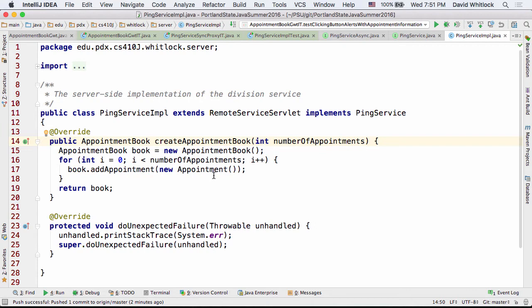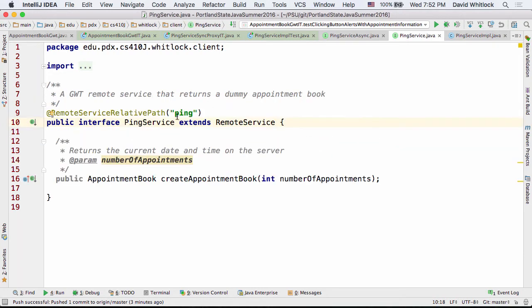Yes. So you just refactored the ping method to be add appointments. Yep. If you had wanted to create a new method instead, is that just as simple as putting a new method in the server class? Putting a new method in the server class, putting a new method on the service interface. Essentially when you rename it, that's what it does, right? So yes, it needs to be here in the implementation. It needs to override a method in the interface, and then when you